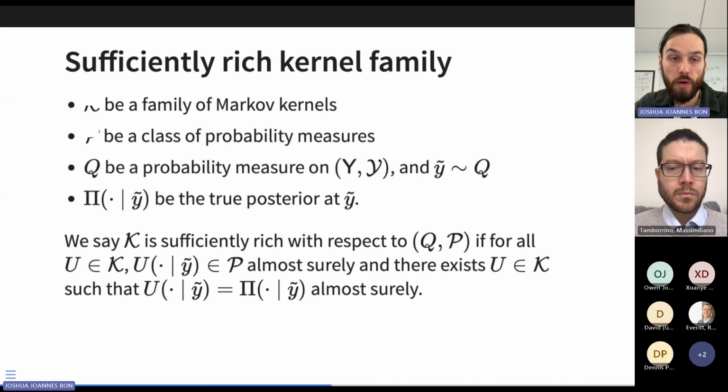That is a very strong condition, and that's one of the drawbacks of this theorem. But later I'll talk about why in practice it's okay to make that assumption,